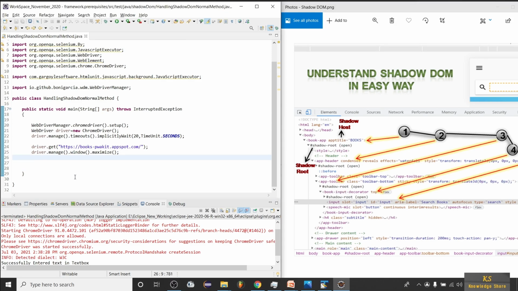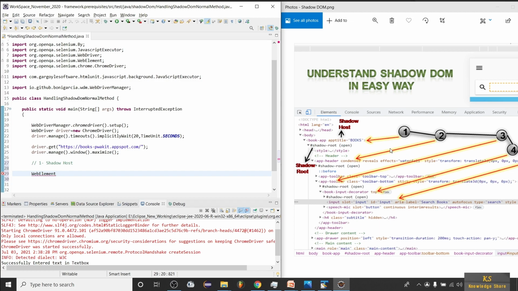Okay, now as I said, the first part is we should find the shadow host. Now let me create a web element here,